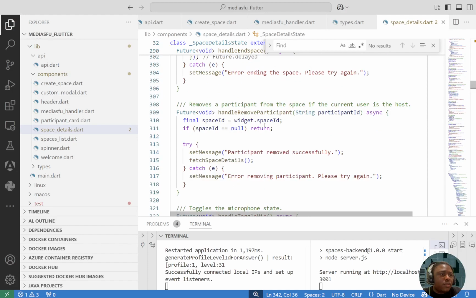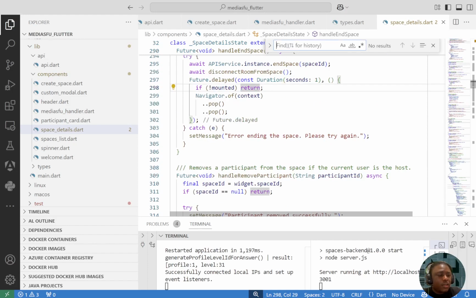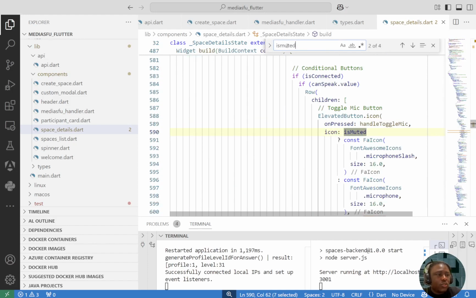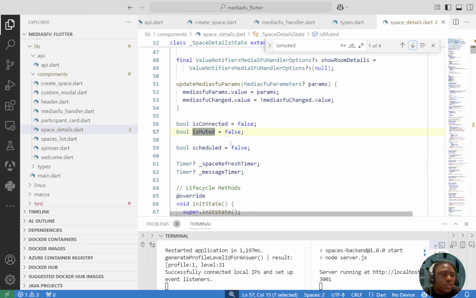So by default, just fix this. It's muted by default. It's supposed to be false to be true. So it's muted is supposed to be true, which means you're muted. That's what is